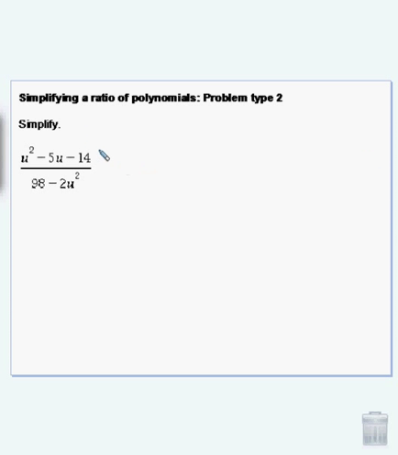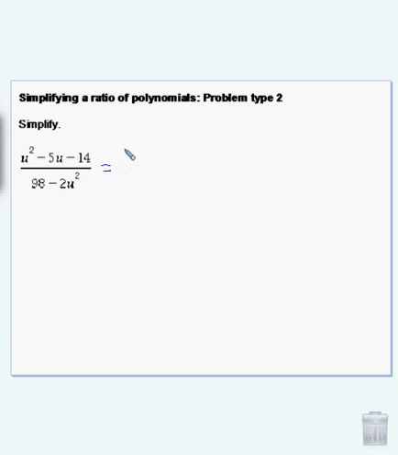Problem, we're going to simplify a ratio of polynomials. This is problem type 2 in our book. This is a little different than problem type 1 because of this right here in the denominator. But the process is basically the same. What we need to do in order to simplify a ratio of polynomials is factor the numerator